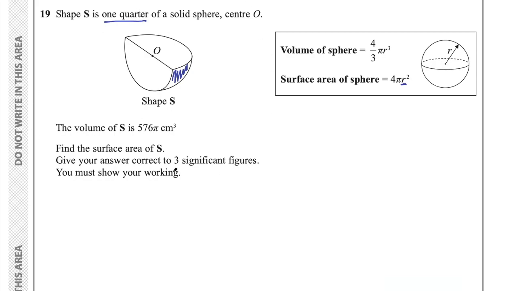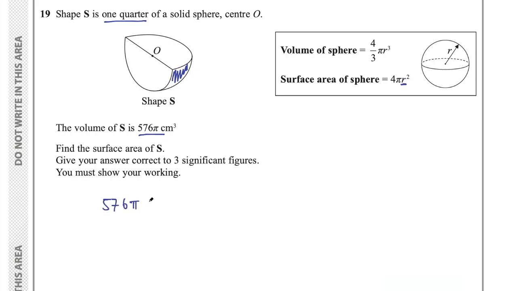And nowhere in this question do they tell us the radius. They tell us the volume. They do not tell us the radius. So we're going to have to figure out the radius first. And we can do that using this piece of information. The volume of S is 576. And the volume of the sphere is 4/3 pi r cubed. So what we can say there is that